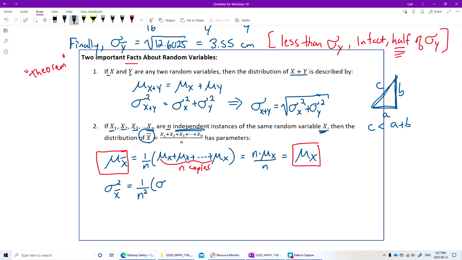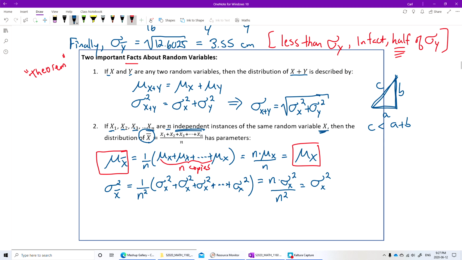But the addition part is still regular addition like this. Plus, so we're adding all those up. How many copies of that? That's n copies, but I'm dividing by n squared. So I get,